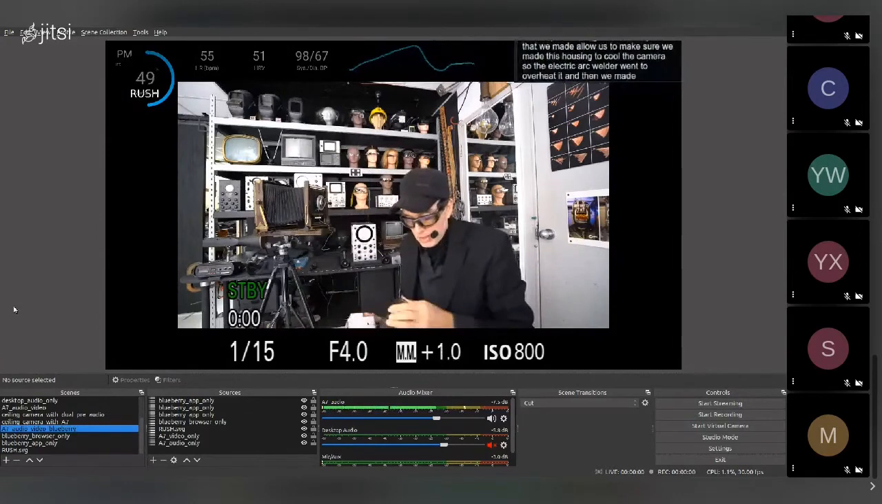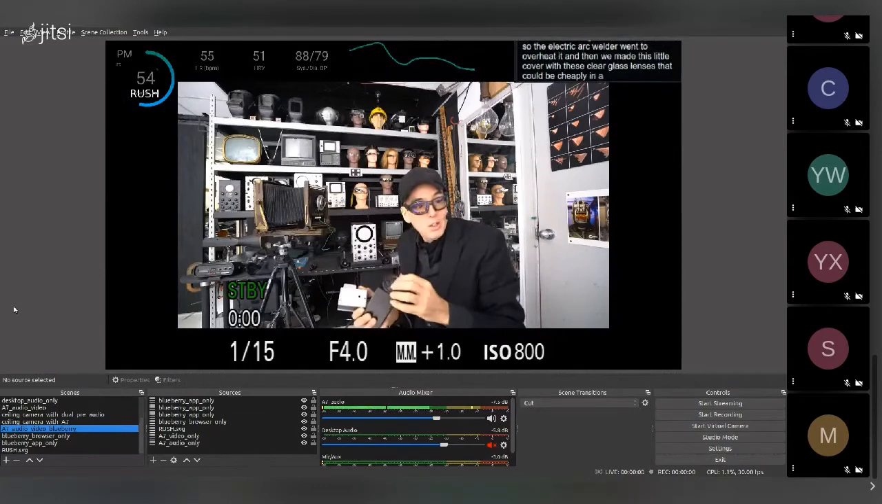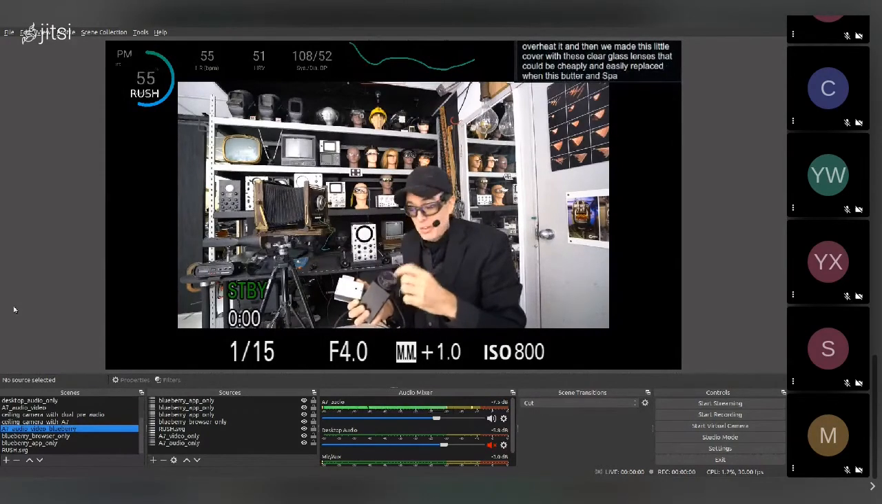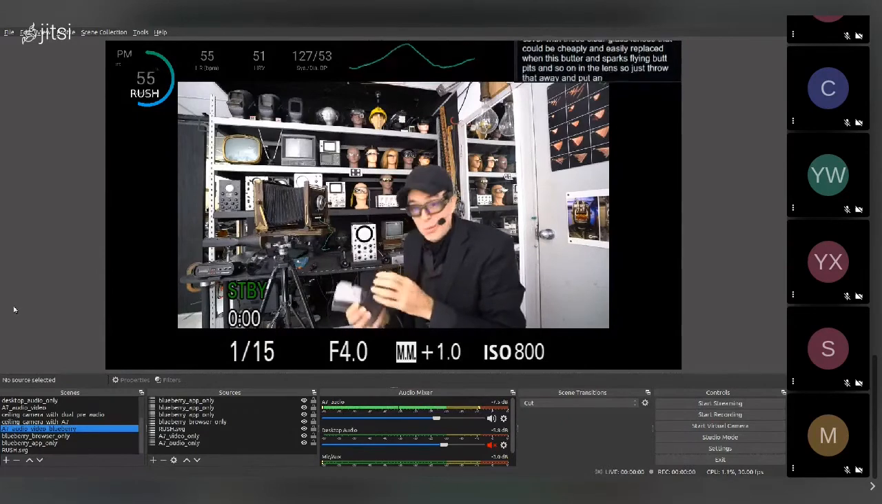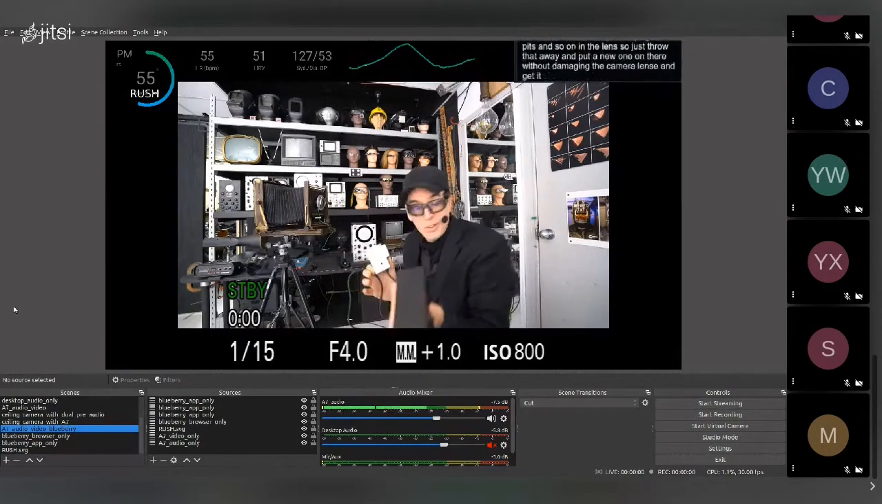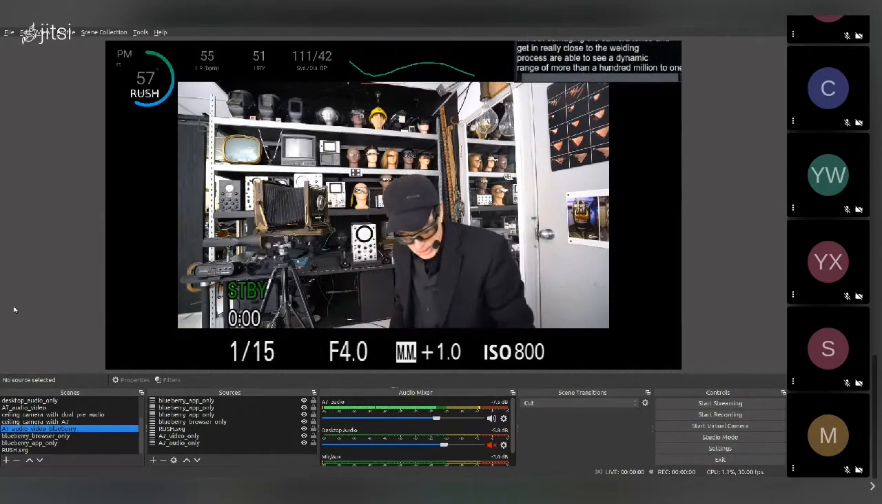And then we made this little cover with clear glass lenses that could be cheaply and easily replaced when the sputter and sparks fly and put pits and so on in the lens. So you could throw that away and put a new one on there without damaging the camera lens and get it in really close to the welding process. And we're able to see a dynamic range of more than 100 million to 1 by simply